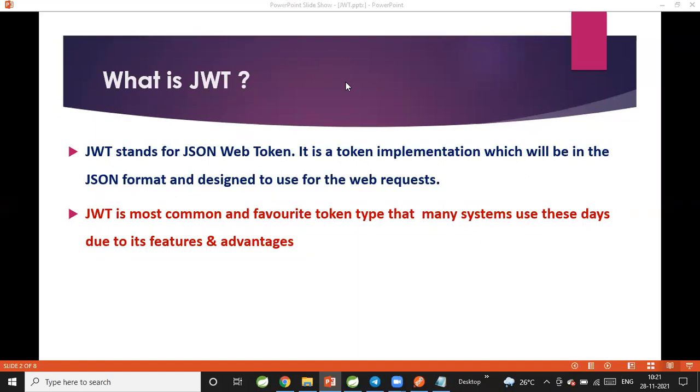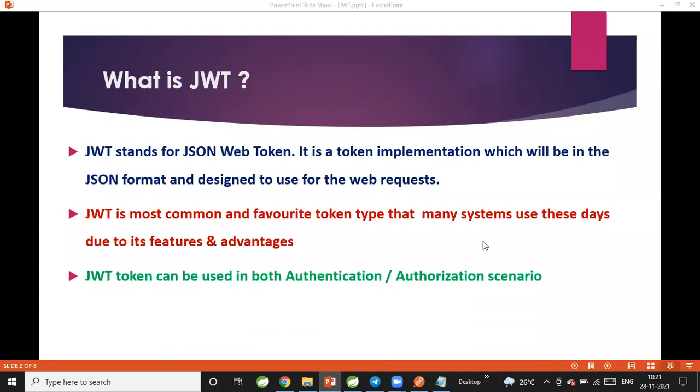Yes. Similarly, whenever people are accessing a web application, we need to secure our application. To secure our applications, we are going to use JWT, JSON Web Tokens. A JWT token can be used in both authentication and authorization scenarios. We already discussed in the previous classes what is authentication and what is authorization. Authentication means verifying whether this user can access our system or not. That means his credentials are valid or not, we are going to verify. Once the credentials are valid, the user is authenticated.